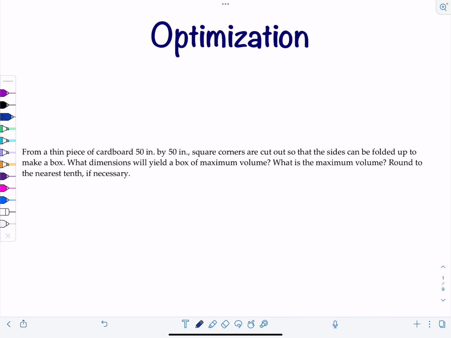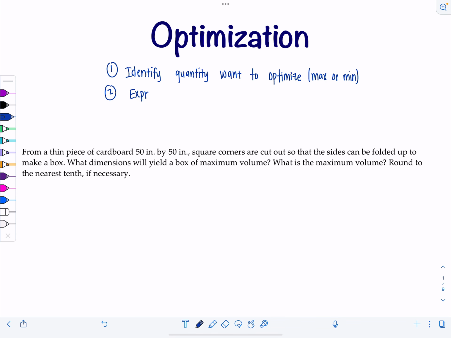So here we go. Just a quick recap about the strategy. The first thing is you want to identify the quantity that you're trying to optimize. Optimize means either find a maximum or a minimum. Look out for words like smallest, largest, most, least. Then once you figure out what you're trying to optimize, whether it's volume, area, time, etc., there are different quantities. You need to express that quantity